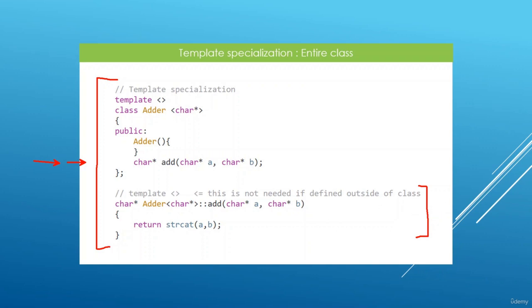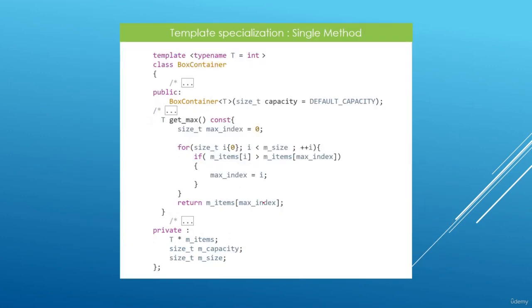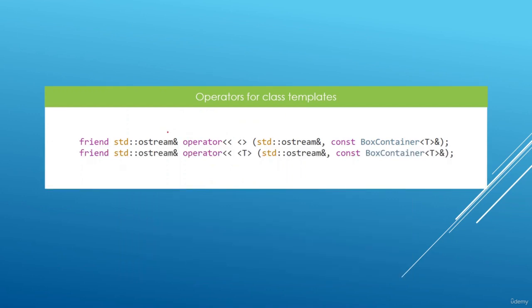We saw that we could avoid this by either marking this little guy as inline or moving this in a CPP file. We moved on and looked at how we could specialize a single method from a class, and again, the syntax to do that is really simple, as we saw in the chapter. Next, we looked at a few lectures to really try and make it easy to implement operators for our class